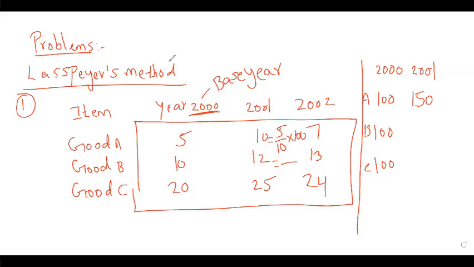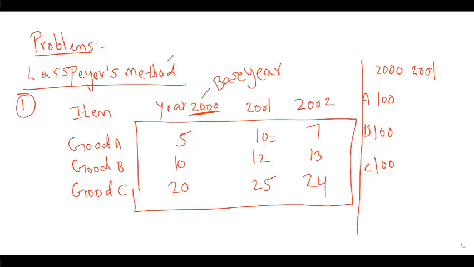Guys, do you remember yesterday's problem? What method had we solved? One problem we had solved yesterday, right? We had solved a problem in the simple relative method. At that time, what did we do? The year we are going to find out should come on top. The same method we will follow here. No need to get confused. Whatever we did in yesterday's problem, the same thing we will do here.